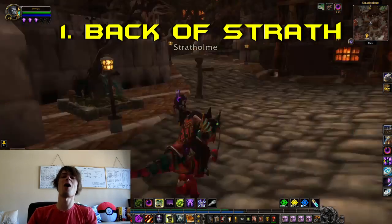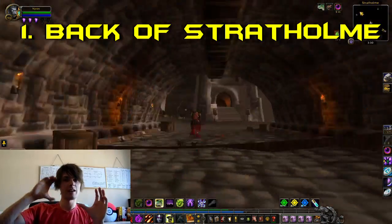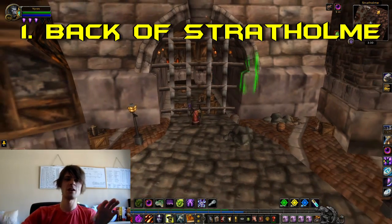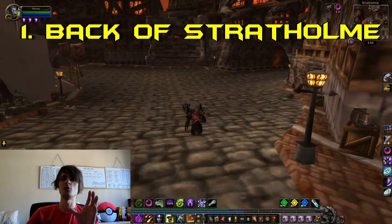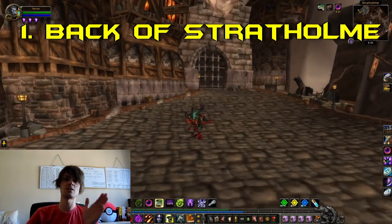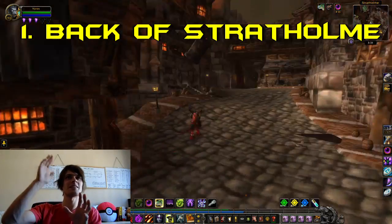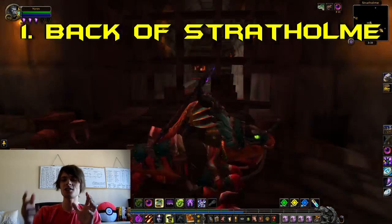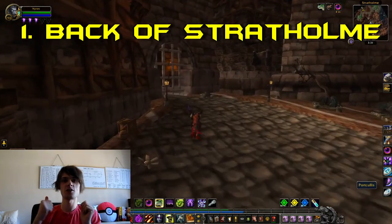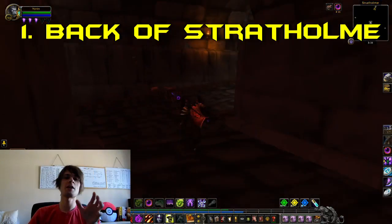Number 1 on our list is Behind Stratholme, and this one is a whole zone in the Eastern Kingdoms, which is cordoned off and you cannot get to. Well, you can't get to it with normal means. There are certain ways in which you can do this, and I used the instance lockout one, where you can just jump through with your warrior. Using that, I was able to see what was going on, and I really did enjoy running around and seeing the uninstanced version of Stratholme, which is still pretty damn cool, especially with the ride up on your